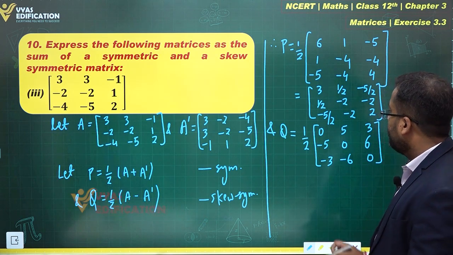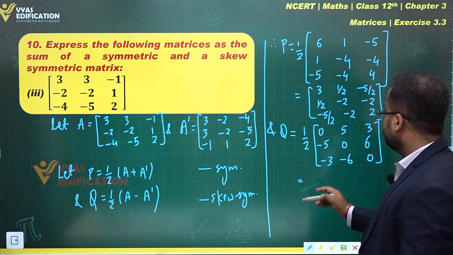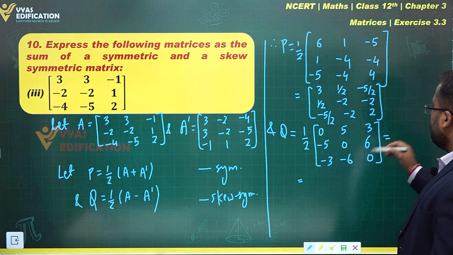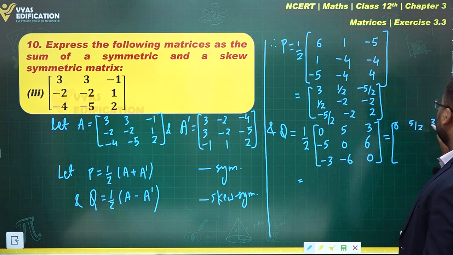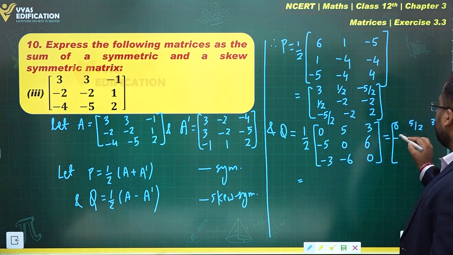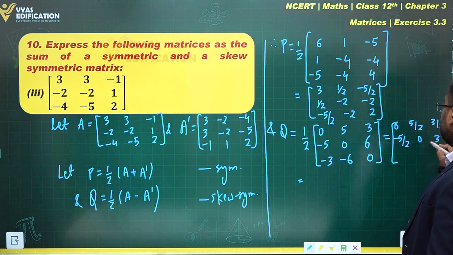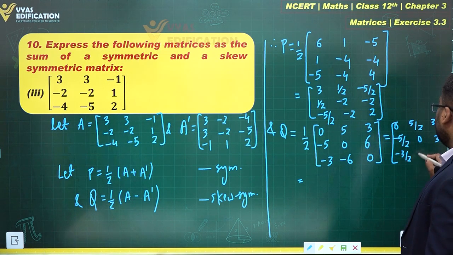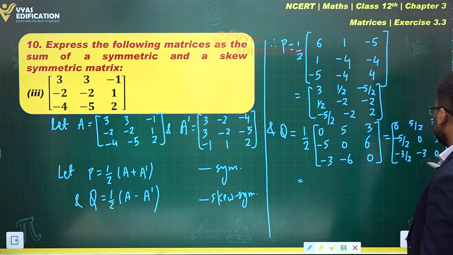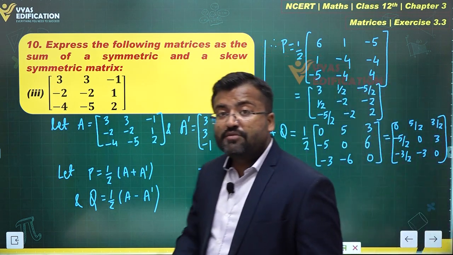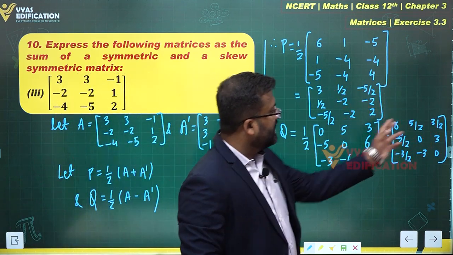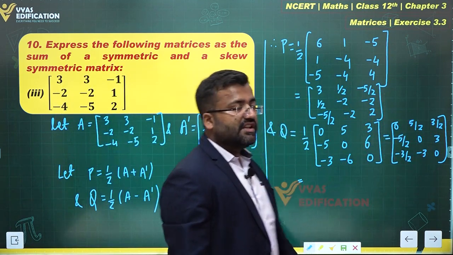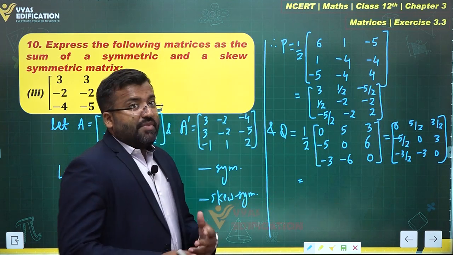This is Q, which is further equal to what? Let's multiply with half, and what you get is 0, 5 by 2, 3 by 2. This is minus 5 by 2, this is 0, this is 3, this is minus 3 by 2, minus 3 and 0. This is what I obtain. And can you observe that matrix Q is a skew symmetric matrix? Yes. The diagonal elements are zero, and the other elements are negatives of each other. Observe that P plus Q